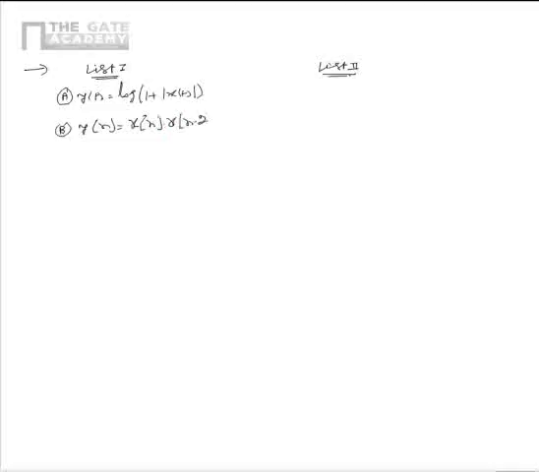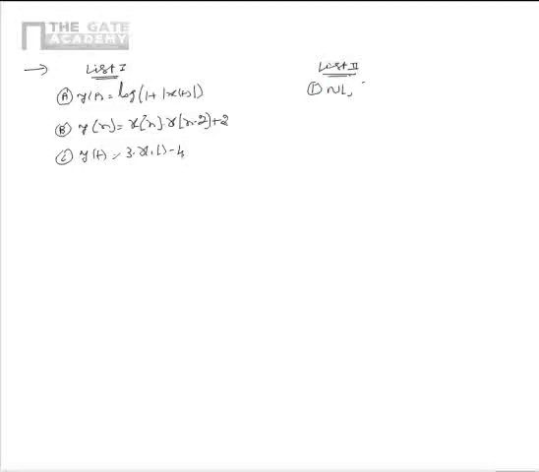As per the current problem, we need to match the systems in list 1 with characterizations in list 2. The systems given in list 1 are y of t is equal to log of 1 plus mod x of t, and y of n is equal to x of n into x of n minus 2 plus 2. Y of t is equal to 3 into x of t minus 4, and the characterizations given are in the